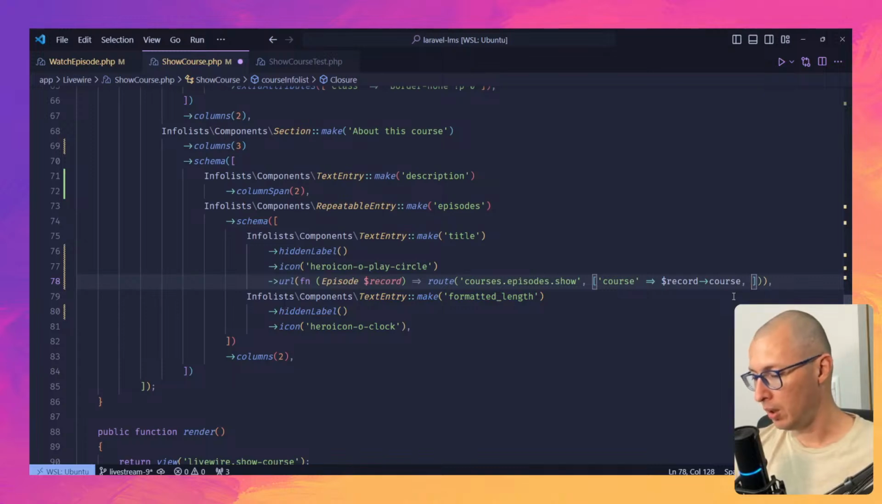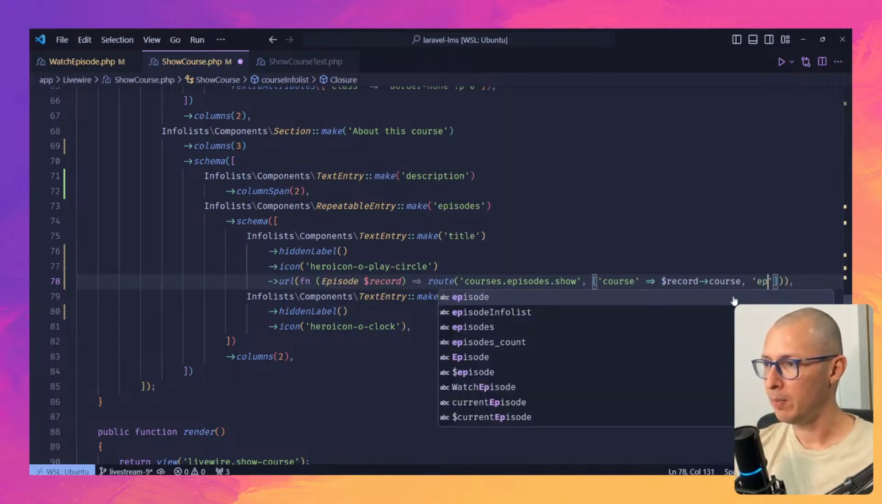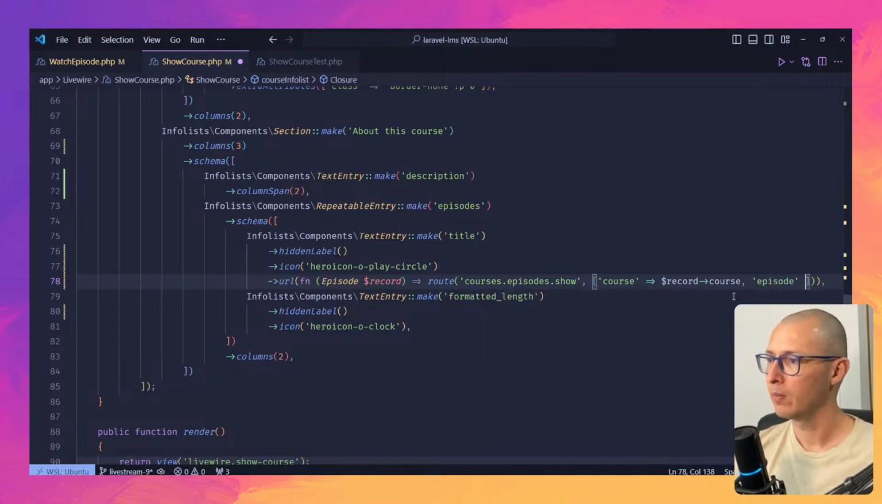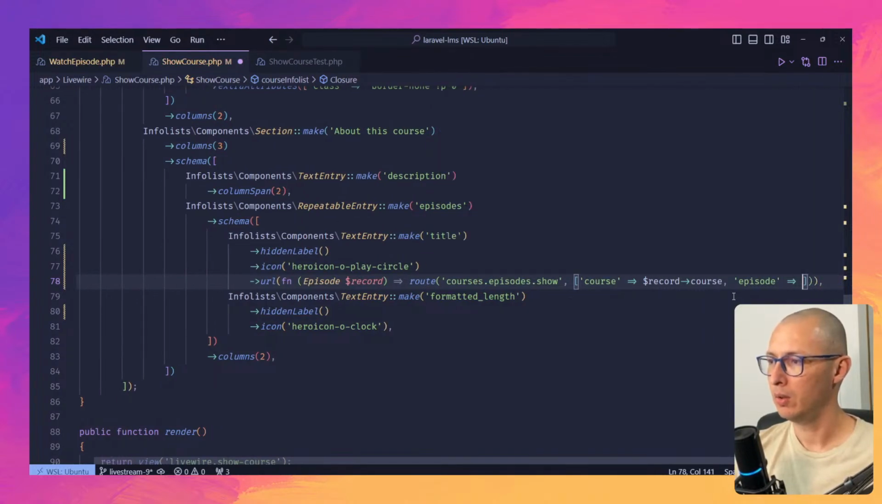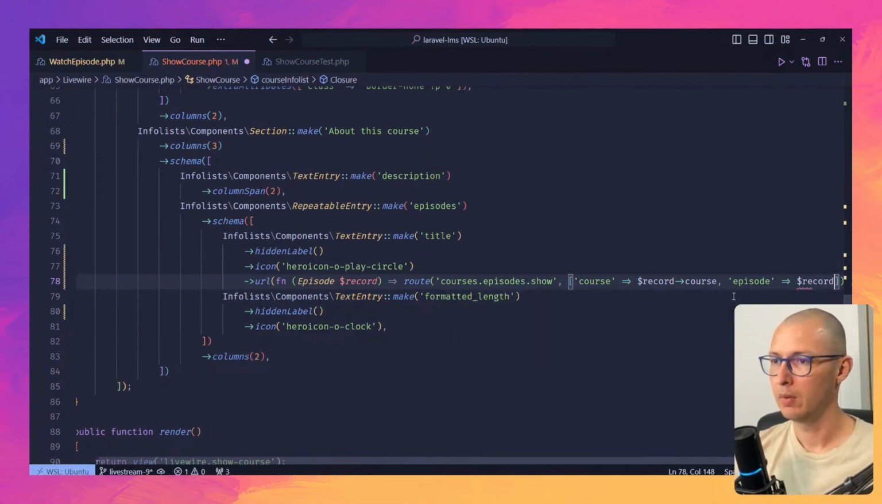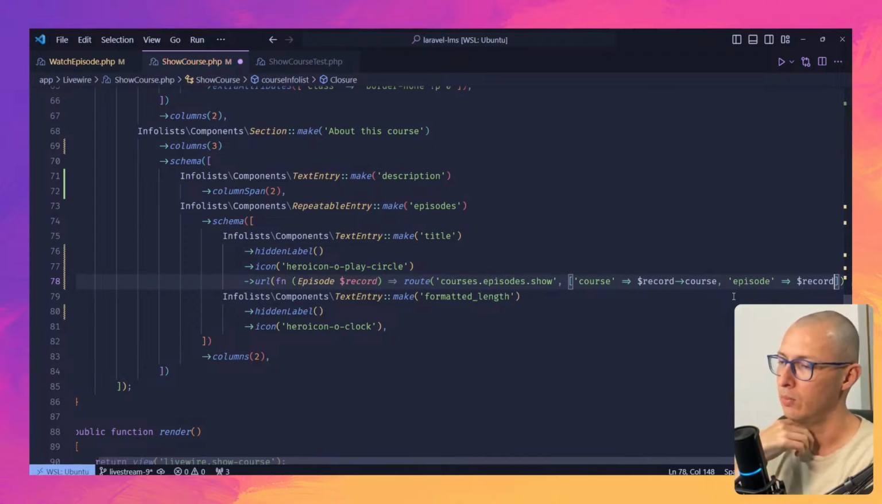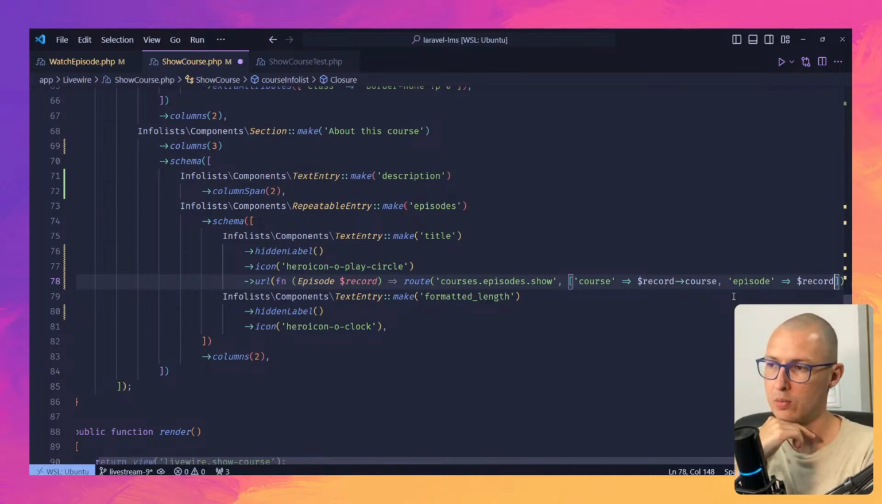But additionally, we want to pass the episode, which will be record. What happens if I just pass record? Will it work? It might work, but it's safer if, why am I looking at the light? It's safer if we,